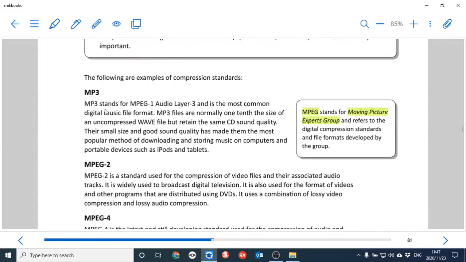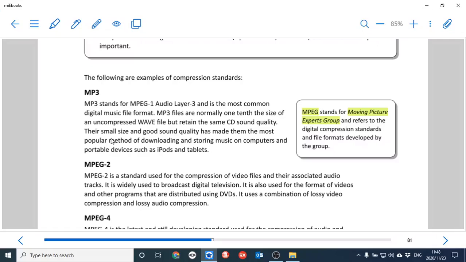Now, MP3, which is part of the MPEG-1 audio layer 3 compression standard. This will be familiar to you because you usually think of songs and tracks. MP3s are normally 1/10 of the size of the uncompressed file.